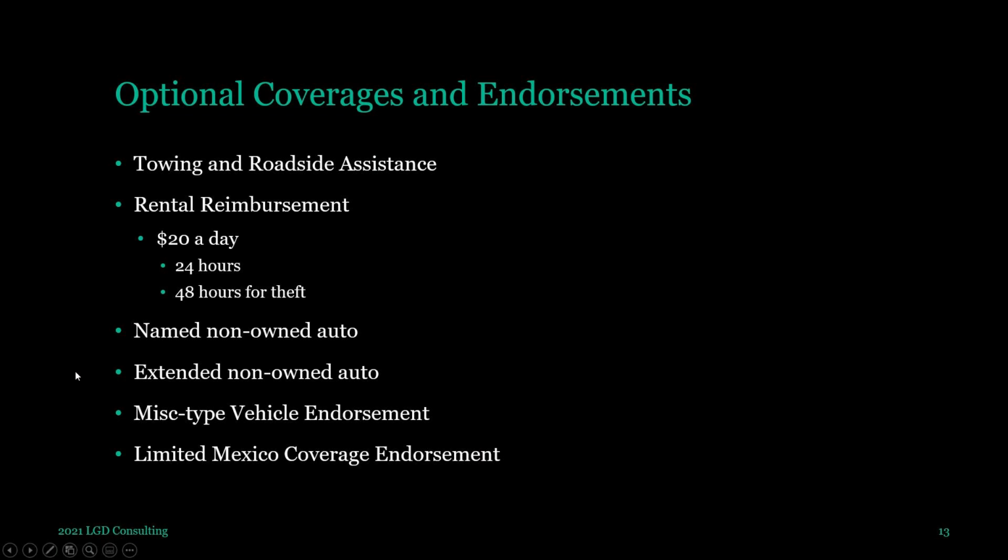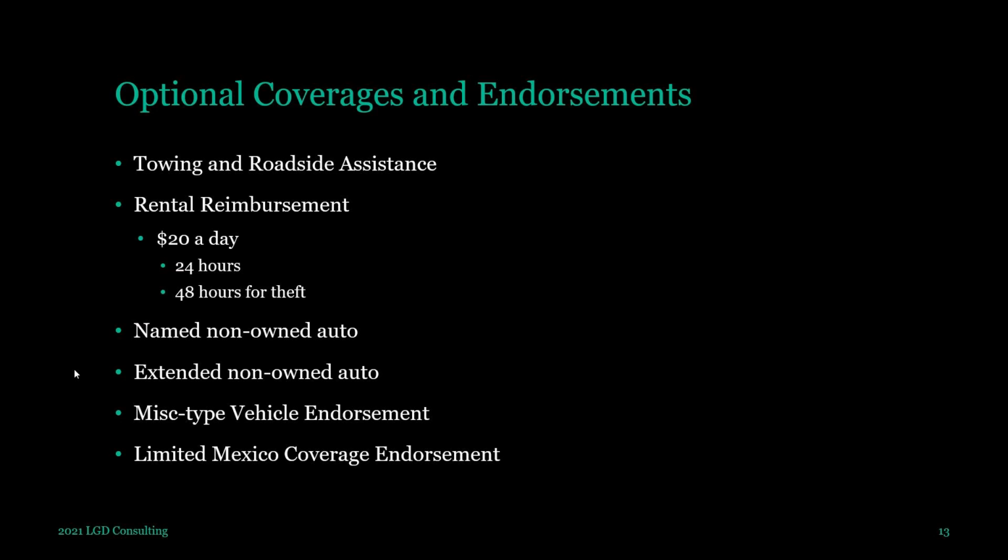Now, extended non-owned is you have a car, you have insurance on your car, but you're working for a company, and that company gives you a company car to use for regular use. That means for business, non-business use. Now, if you lend your car to your neighbor, it's your car. So if you lend it to your neighbor occasionally, and your neighbor gets into an accident, your insurance is primary. Always keep in mind, insurance follows the vehicle. So if your neighbor borrows your car to go to the store, occasionally they get into an accident, your insurance pays first because it's your car.